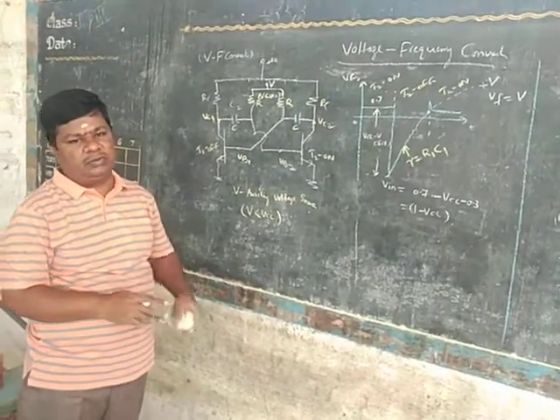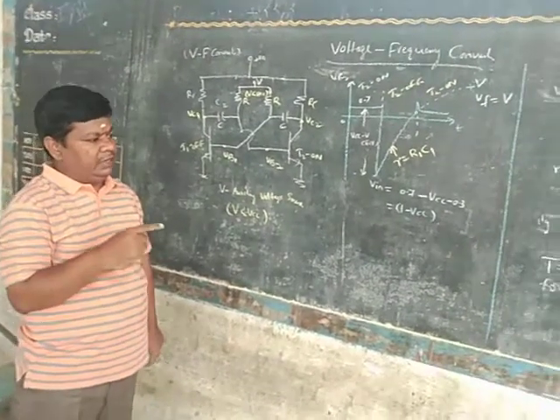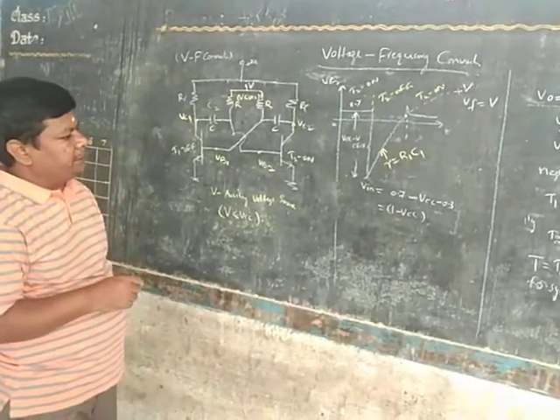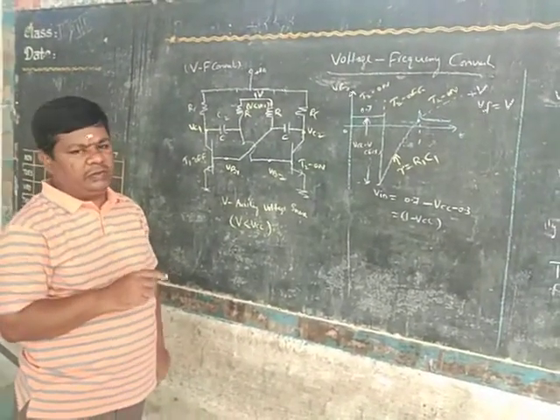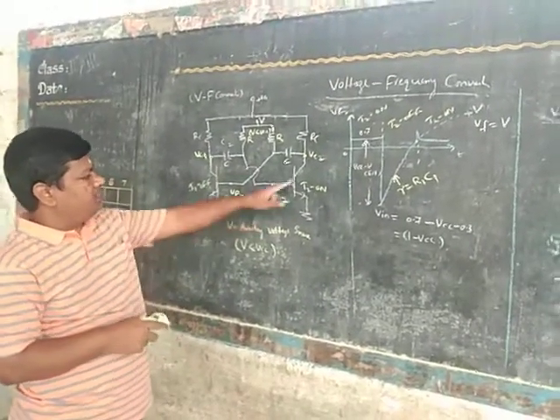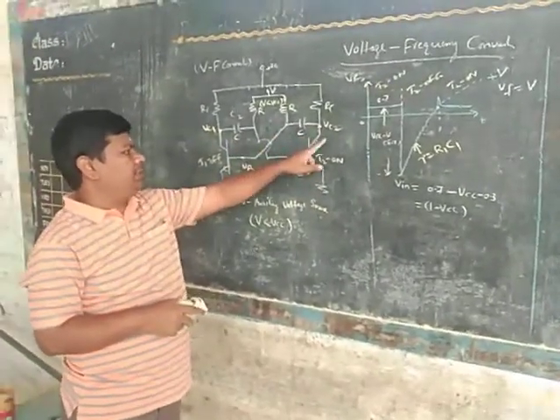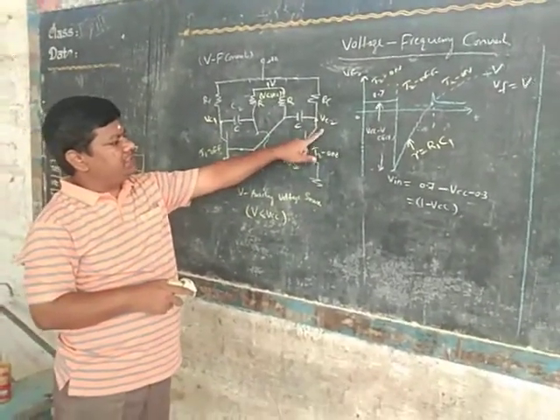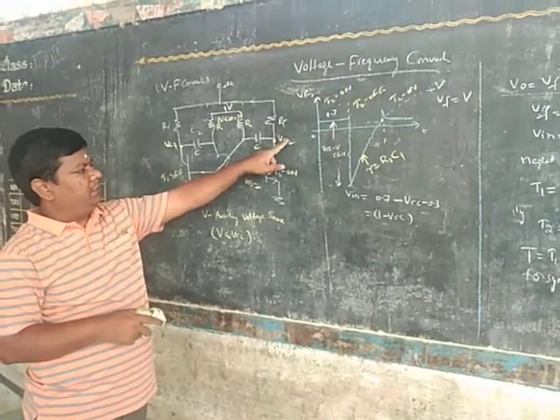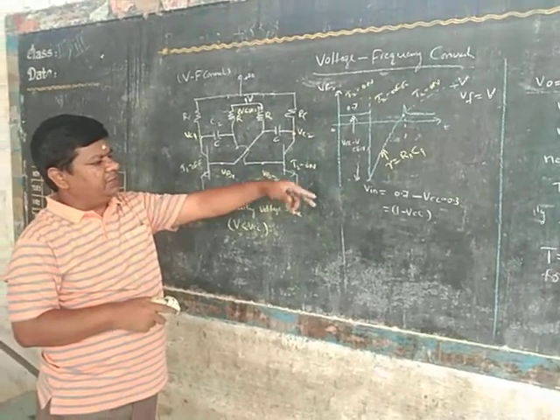Whereas in the monostable multivibrator circuit, it is a voltage to time converter. In the astable multivibrator, capital T represents the time period, right? Whereas in the monostable multivibrator, capital T indicates the pulse width or delay time. When we observe the collector waveforms, the previous waveforms, the collector waveform looks like a square wave. It continuously changes from VCE saturation to VCC, VCC to VCE saturation. Continuously it switches on after a predefined time interval